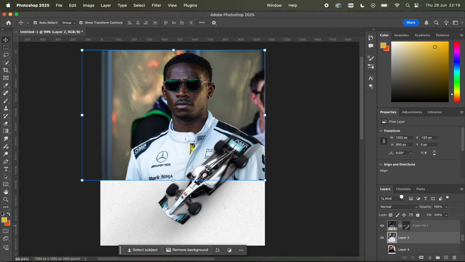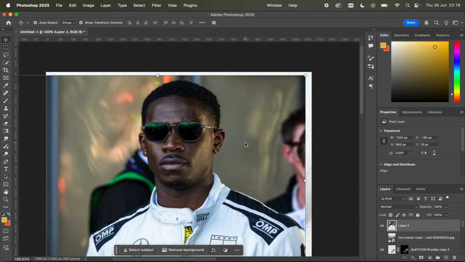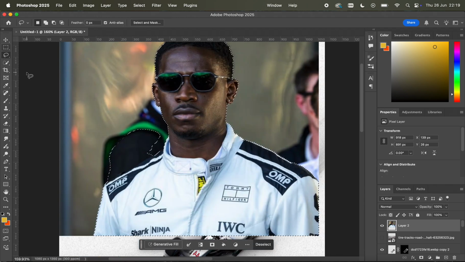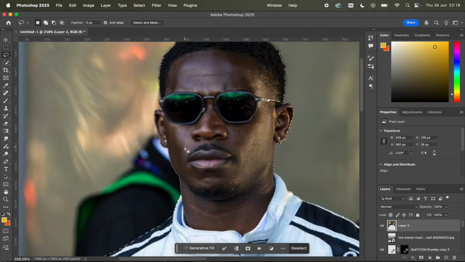Right, so now the car is pretty much finished. We're now going to move on to the people, the subjects that we're going to be using on this poster. So for this poster we've got 4 main characters. That's what I've taken from the trailer, as I've not seen the movie yet, as it's not out. But we've got